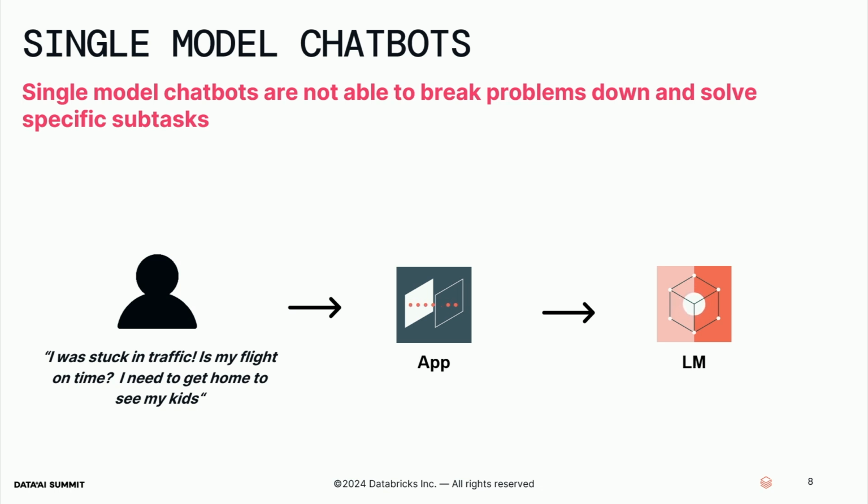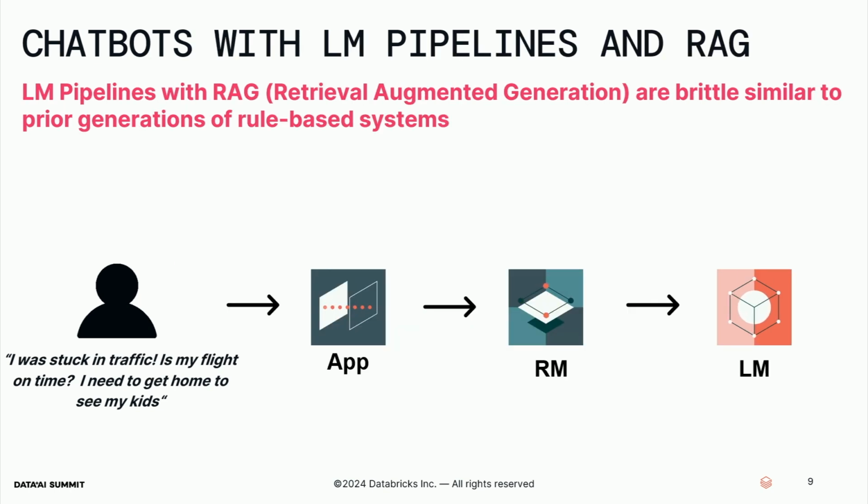Well, the user's statement involves multiple layers. The traffic delay, the flight schedules, the logistical information. Due to their design, the logistical information is embedded with the flight information. And so that whole emotional context needs to be broken apart, and then you need to find the relevant information in your system. Now, maybe some of you have graduated to a RAG-based system.